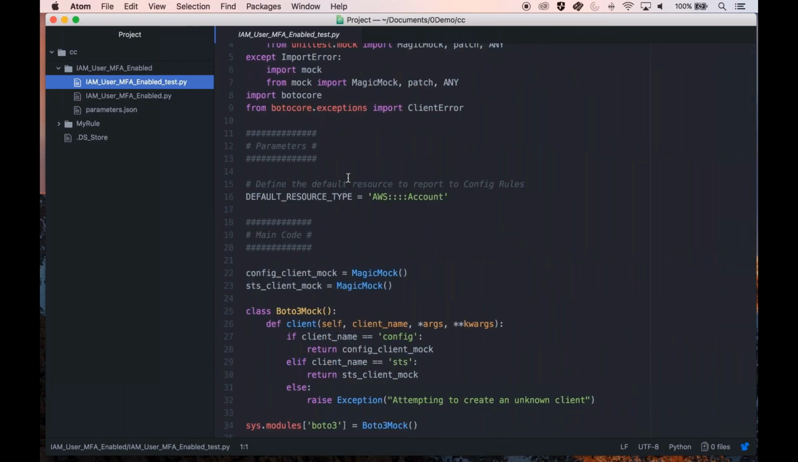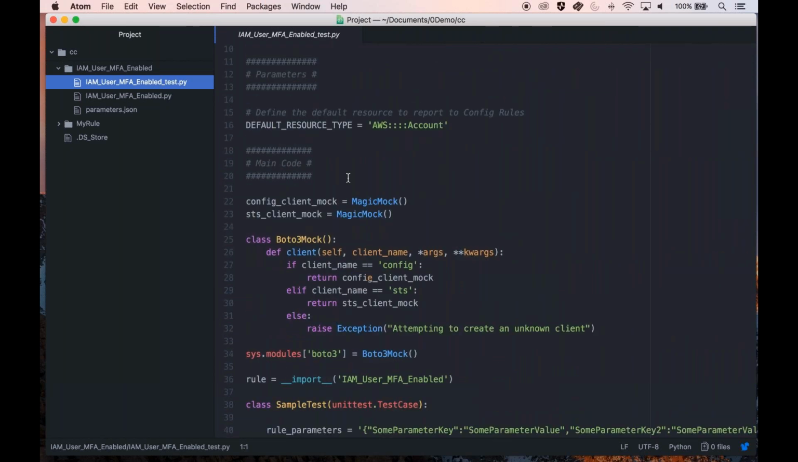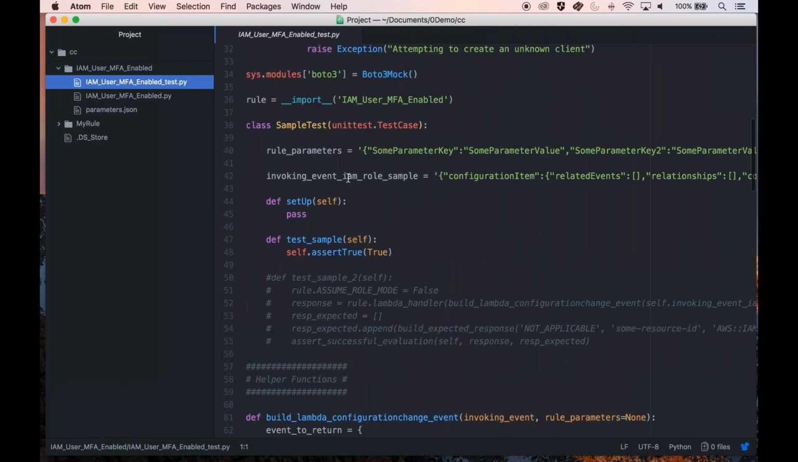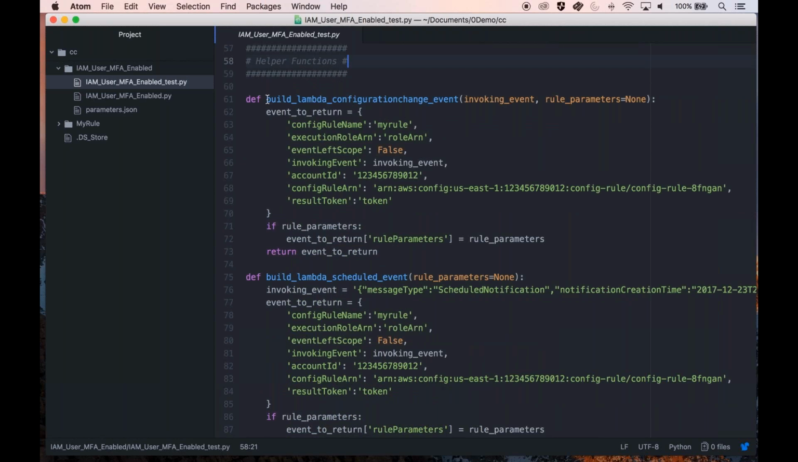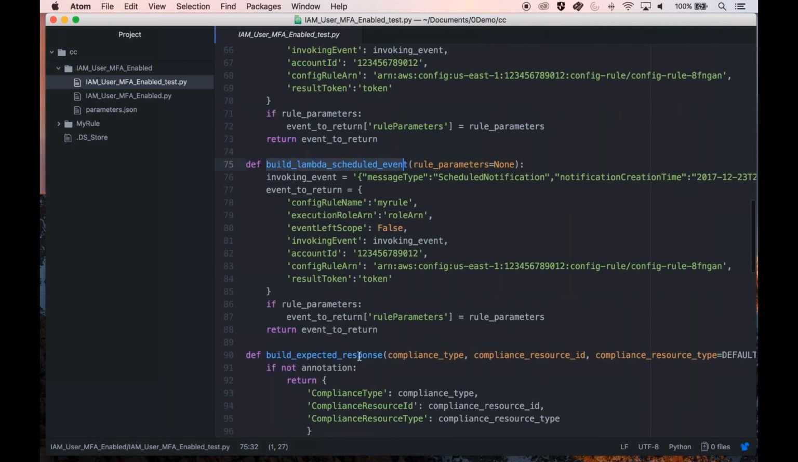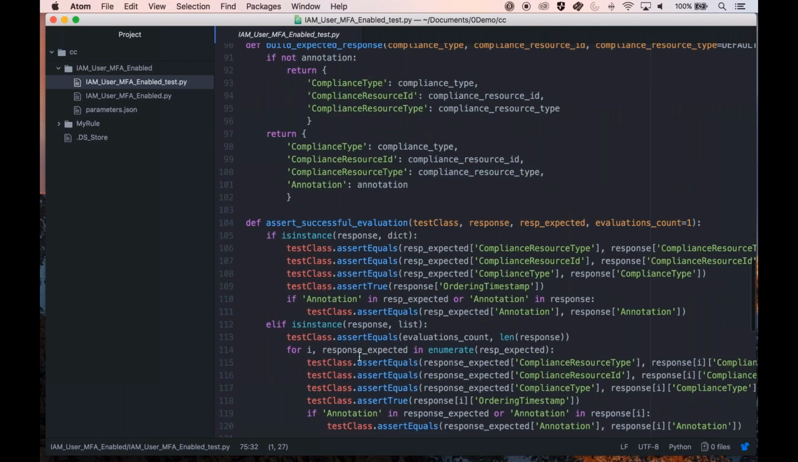The last file is the test.py file, which uses the unittest.mock testing library for Python. As you can see, it has examples of how to form test cases, as well as scaffolding for building dummy invoking events for both change configuration and periodic triggers. The last thing to note,